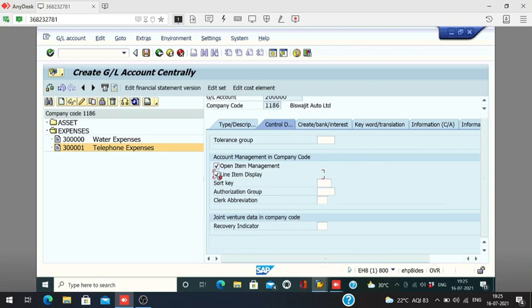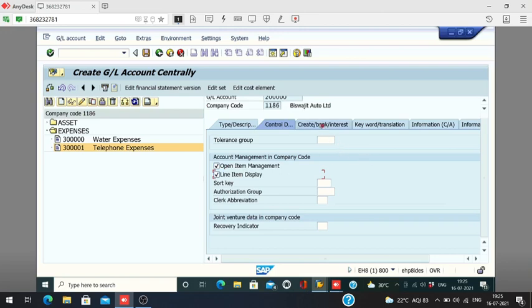Why? Because payable is at the month end or year end. Okay, then we have to clear that line item by paying to a customer, vendor, anything, or any GL account. So open item management we are going to see further, for better understanding. When we do the account entry, we'll find out the correct solution for that. What is open item, what is line item. Okay,